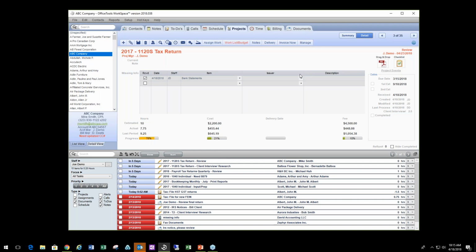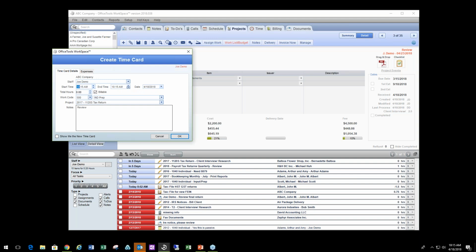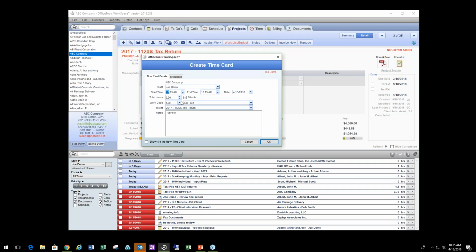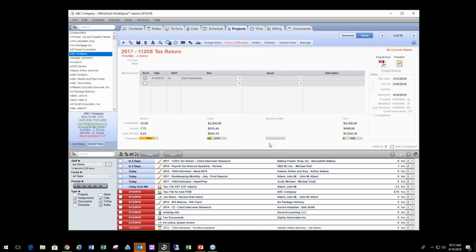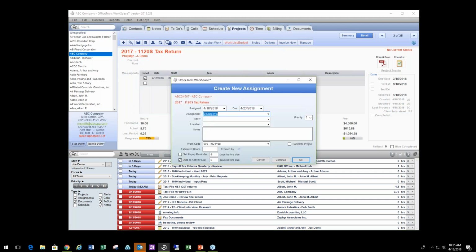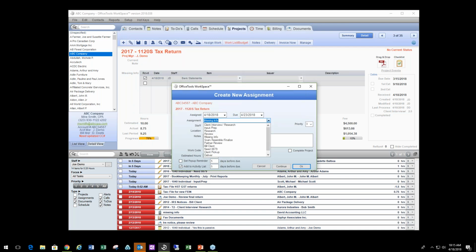So as an example, if we look down here on my activity list, I can see that I have an assignment to review a tax return. So just like the to-do that we saw earlier, I can simply check the box to complete the task. A time card will pop up. Again, I simply enter the amount of time I want to track, say okay. And then the system will ask me to assign the next step, which in this case is missing info, but I can see in the background we've collected everything we need, so we're going to go ahead and skip that,